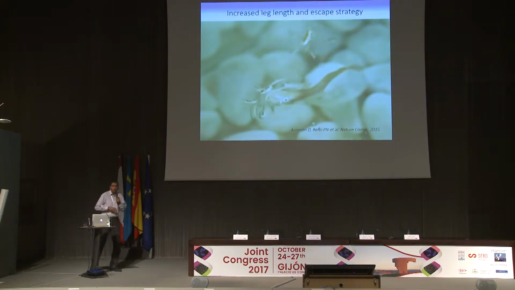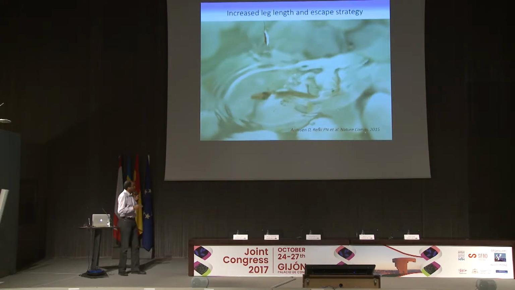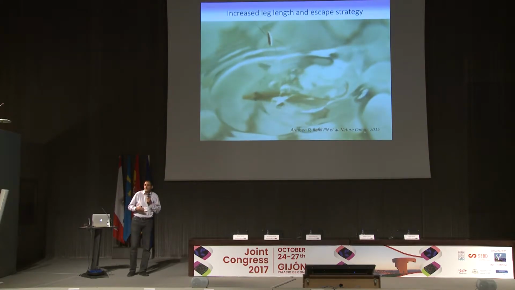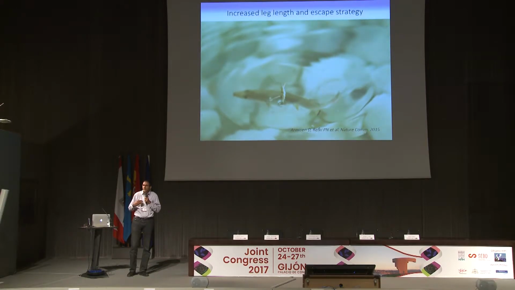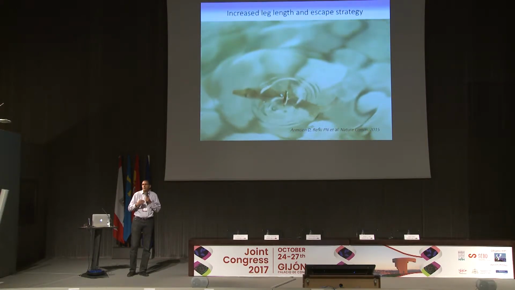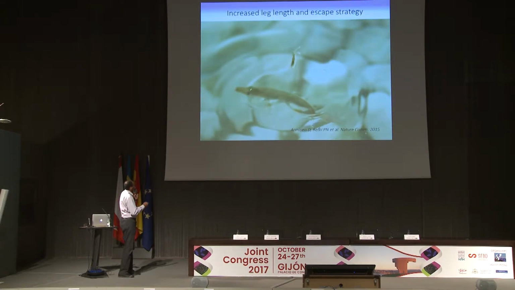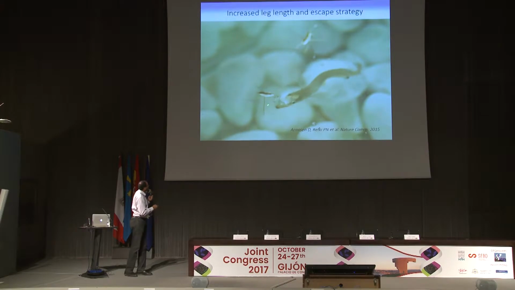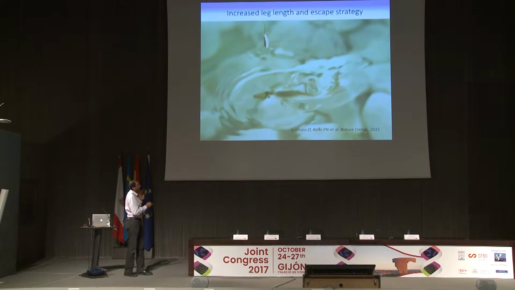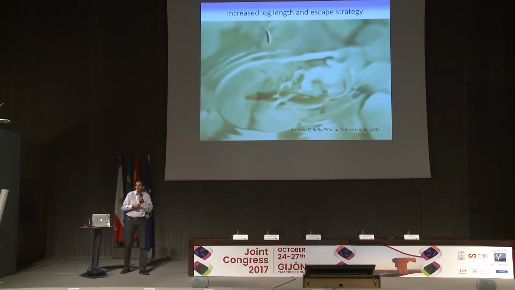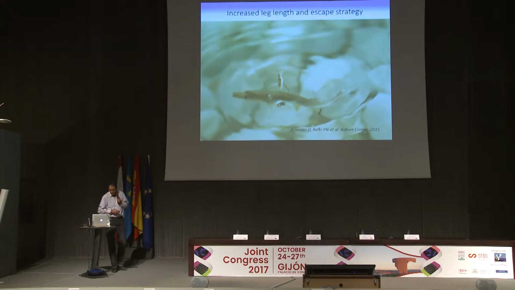So now the question is, why is it so important for the animal to have this particular morphology? That's because the legs are not only important for locomotion, they are critical for avoiding predation. And to go back to my fitness diagram, this is directly related to the survivorship of the animal. So here, a fish is going to attack, and what the water strider is going to do is use its leg, jump really high, and then fall back and escape. This is a high-speed camera video. In real life, we don't see anything. We only see the water being disturbed.